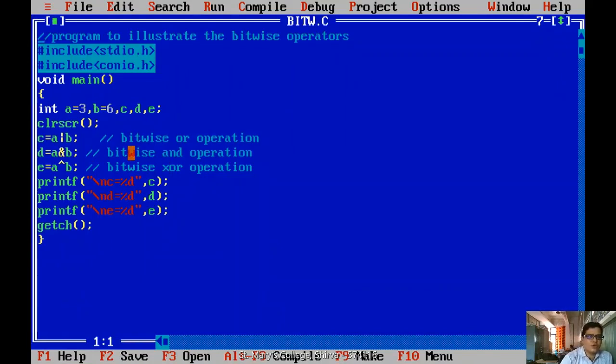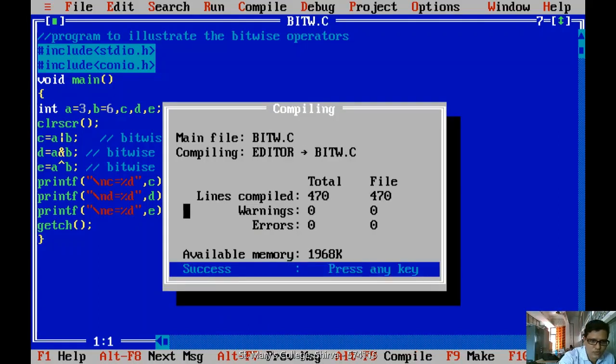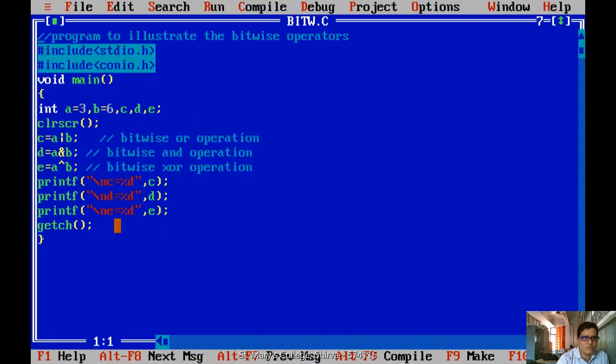Now you just observe here, A is value 3, B is value 6. These are decimal digits. You have to convert into binary, as we have explained in the last slide. We have to go through that. After processing that, we are getting one result. Let me check what are the new values. Okay. I'm processing Alt F9 and Control F9. So I'm getting the new value. Between 3 and 6, if I did the OR operation, I'm getting 7.